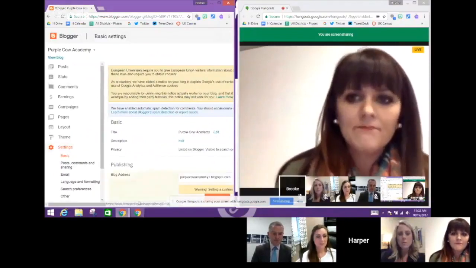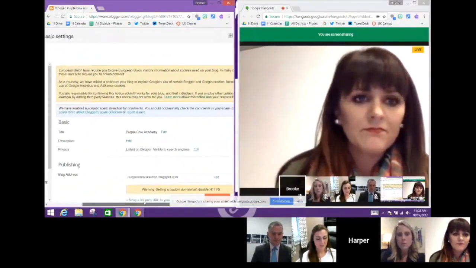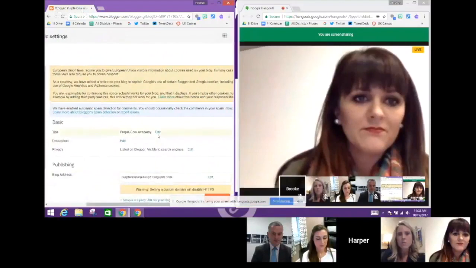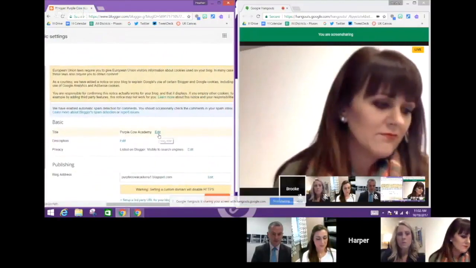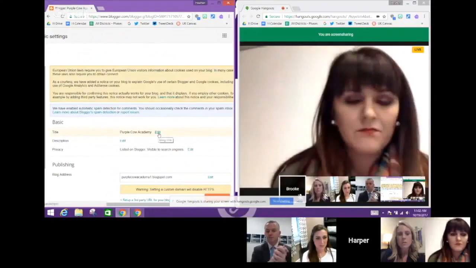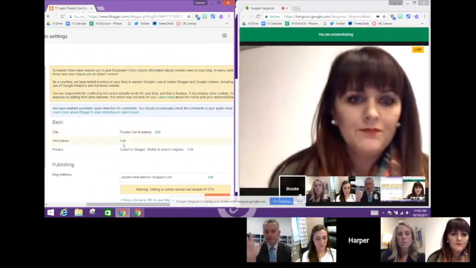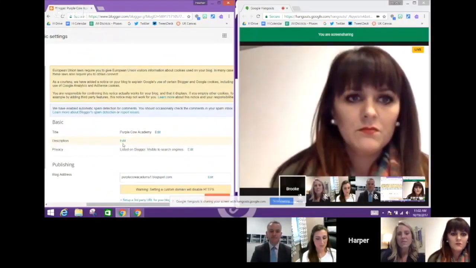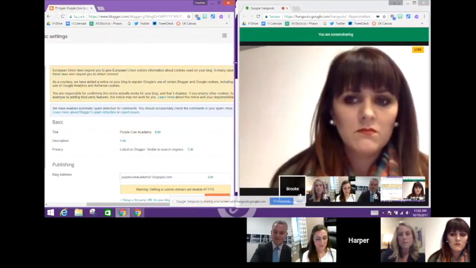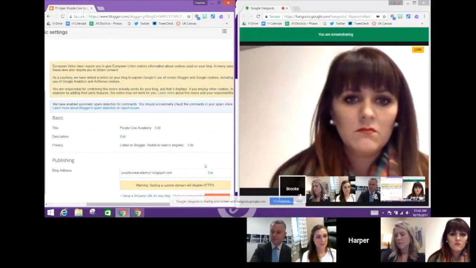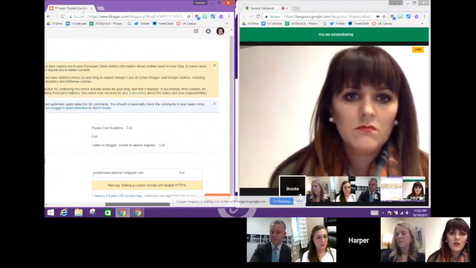Okay. So you'll notice, did you guys catch the part over here about the gear and the wheel? Okay. So when you click on the wheel or the gear, the settings, this is where if you ever decide to change the name of your blog, it's right here. You would just click edit. You could give your blog a description. You could say the digital infrastructure for the awesome purple cows at the Purple Cow Academy or whatever your school may be called. Down here, if you decide to change the address of your blog, you can edit that as well. Let me scroll over a little bit. I'm on two screens.